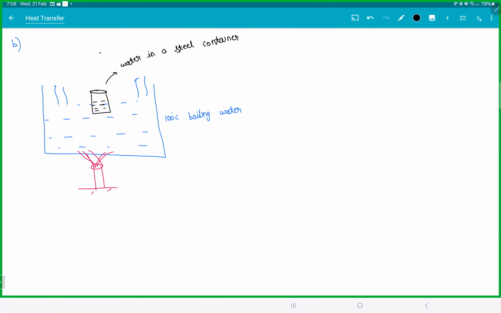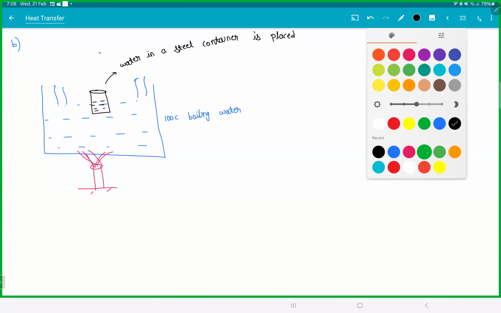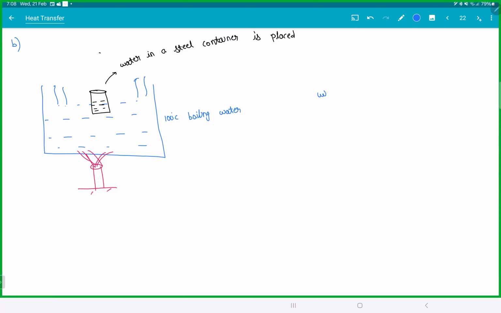Mom puts the milk in the glass and puts in the water to cool down. Okay? So water in a steel container is placed inside. So the question is, will the water inside the glass boil? Will the water inside the container, inside the steel container,